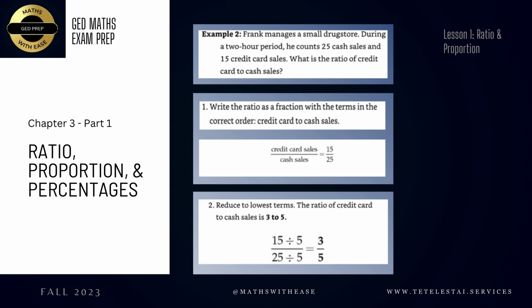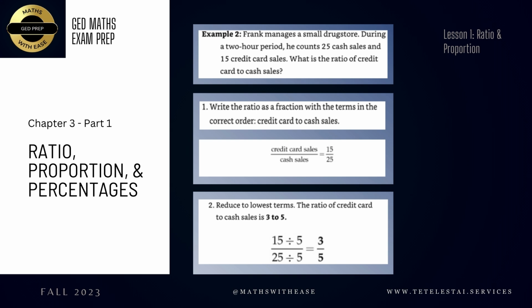You look into the details provided in the question and look for information on credit cards. We see here 15 credit card sales. What is the ratio of credit card to cash? We see that he counts 25 cash sales. So how are you going to present your information? As either